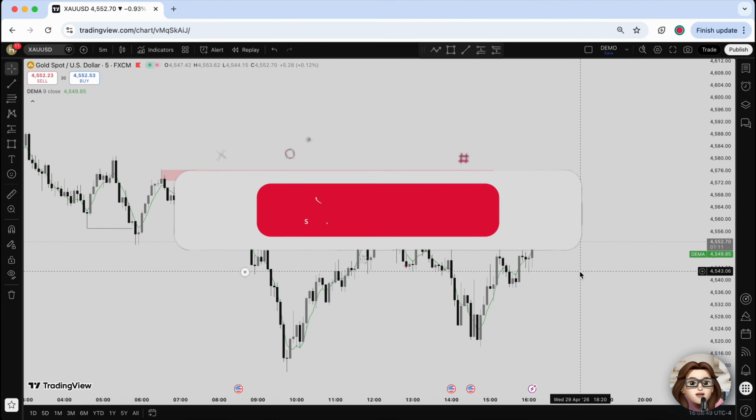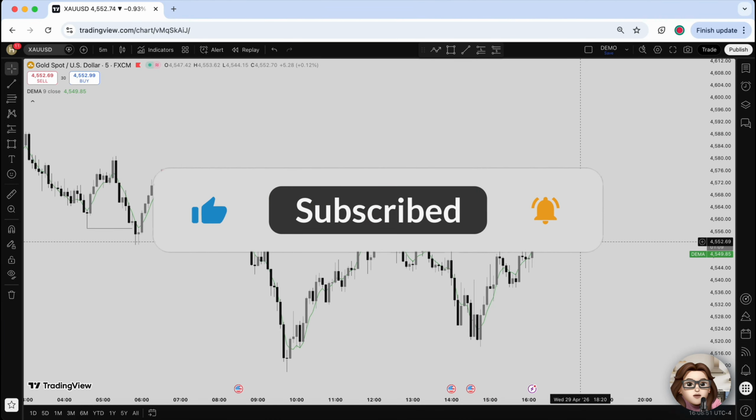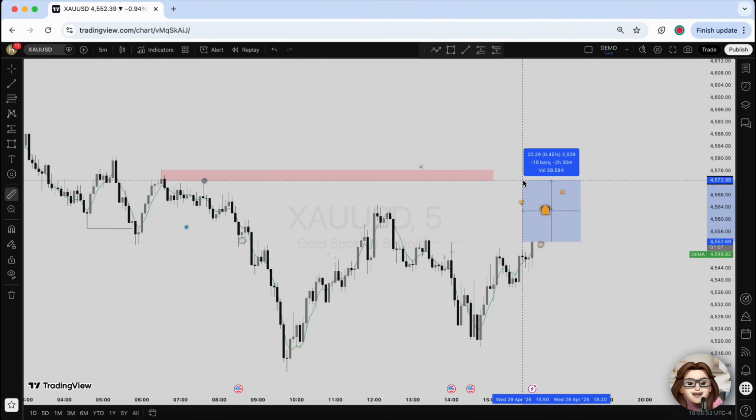In this tutorial, I'll show you how to remove indicators in Tradingview so you can clean up your chart and